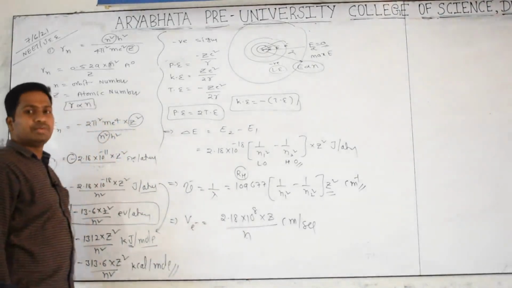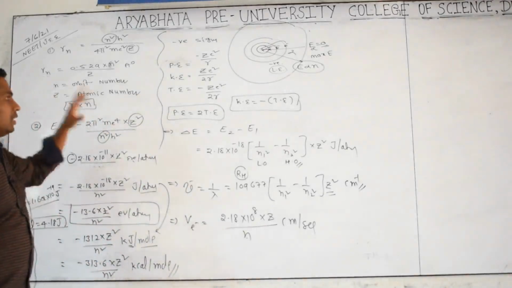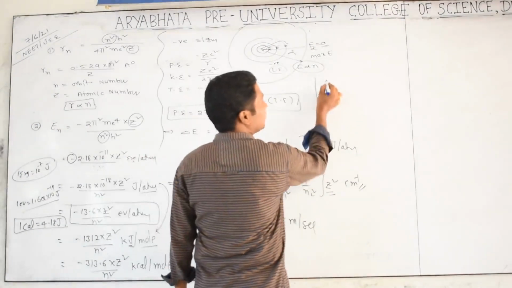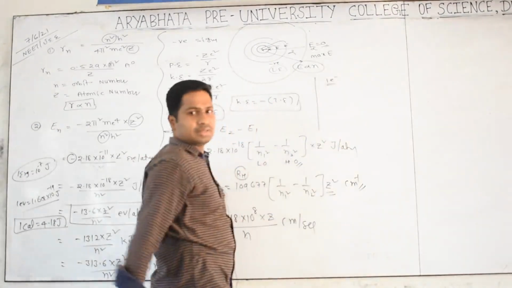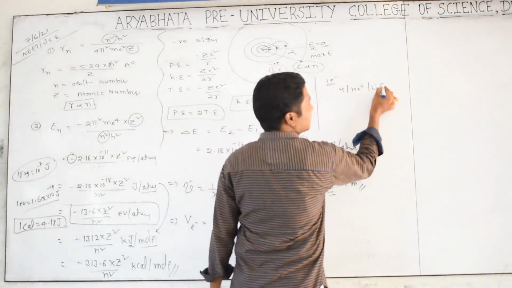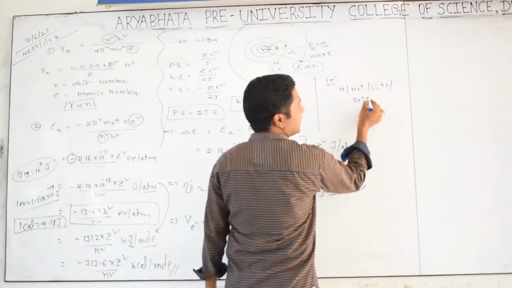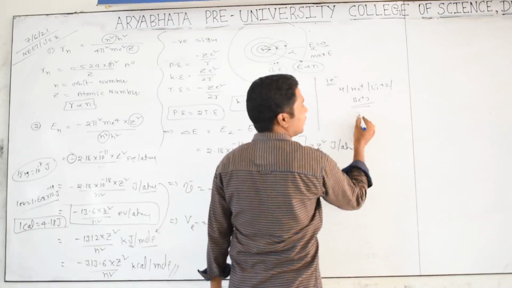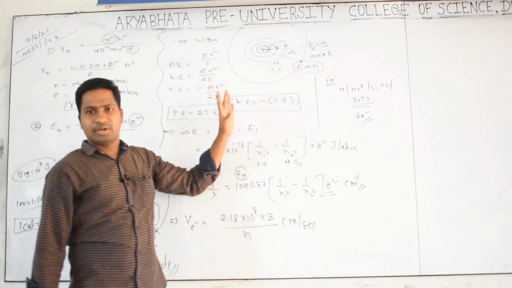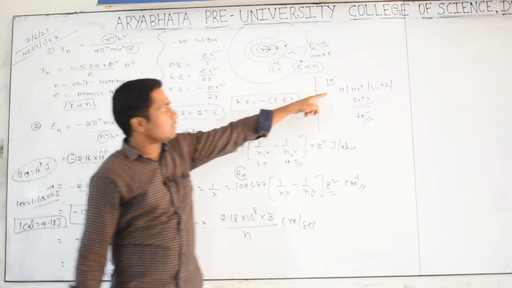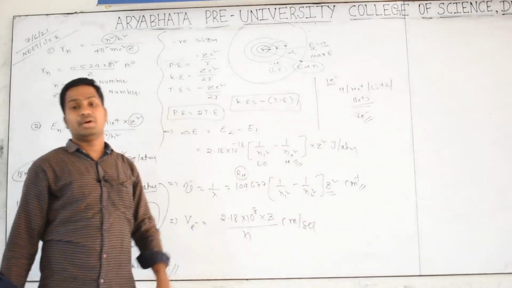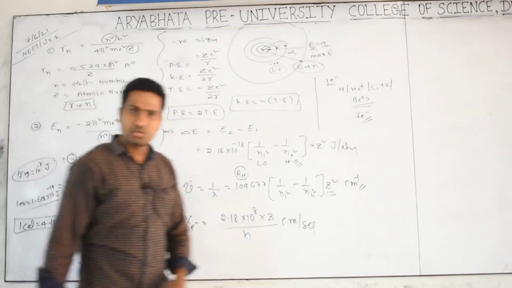So these are the important formulas, especially for the hydrogen spectrum or Bohr atomic model. The Bohr atomic model is only applicable for single-electron species like the hydrogen atom, He plus, Li plus 2, or Be plus 3. For all of these the number of electrons is 1. So while taking these, we can apply the formulas we discussed here. For hydrogen Z is 1, and for the remaining species it is 2, 3, 4. We have to substitute carefully, observing the Z values. All of you understood? Yes.